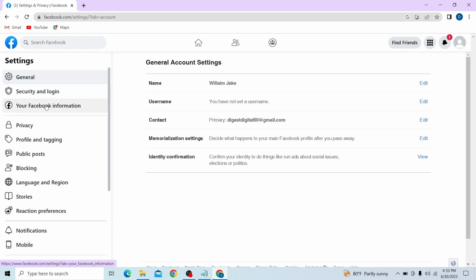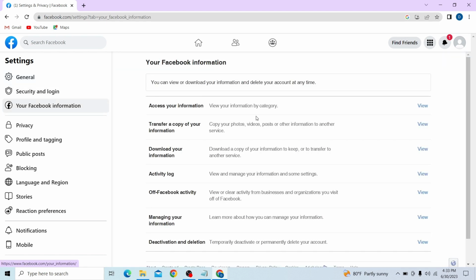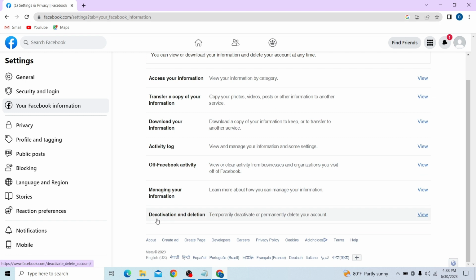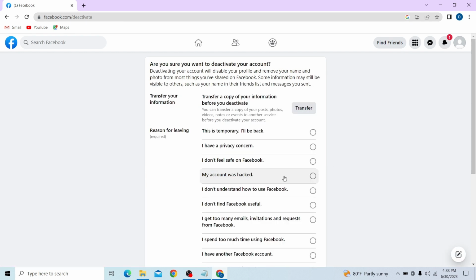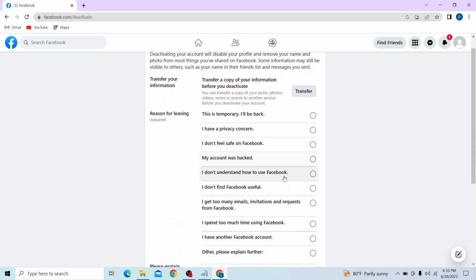So now all you have to do is click on your Facebook information, and over here you can see the option for deactivation and deletion. So now click on view, and over here you have the option to deactivate your account or delete your account. Select anyone and click on next,